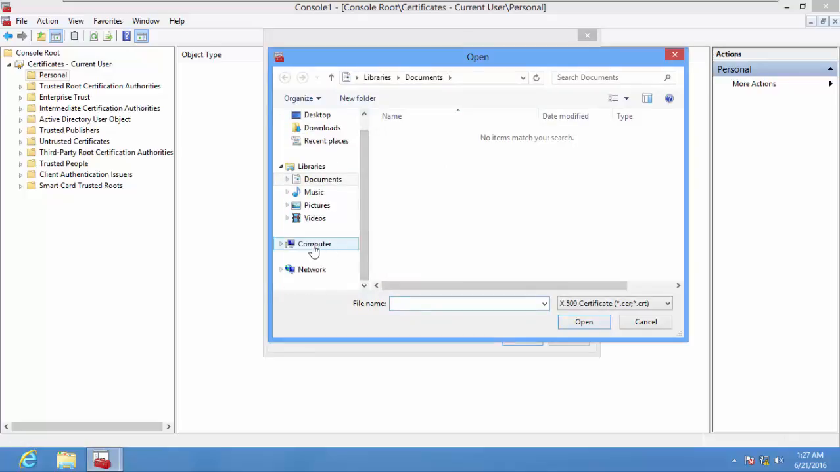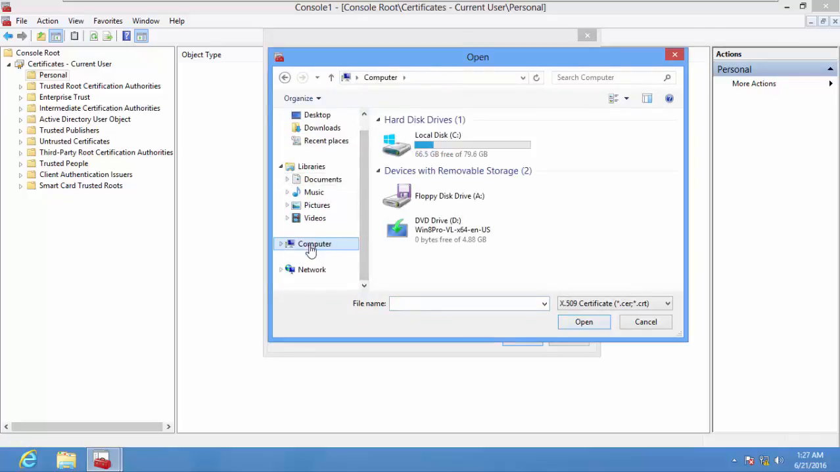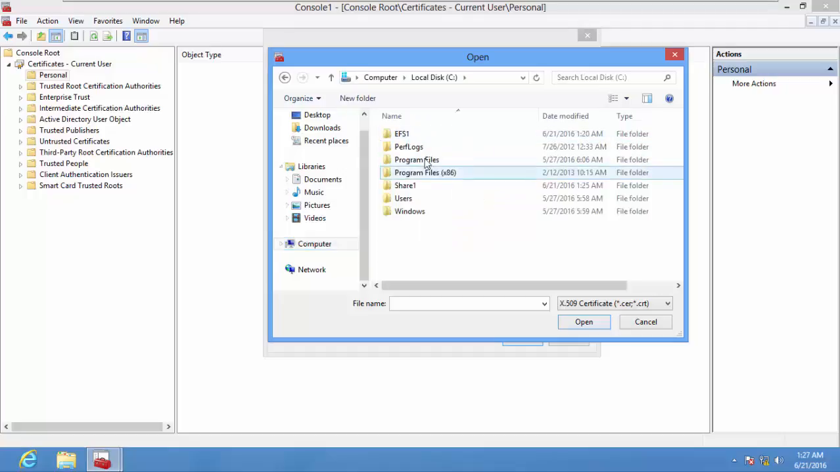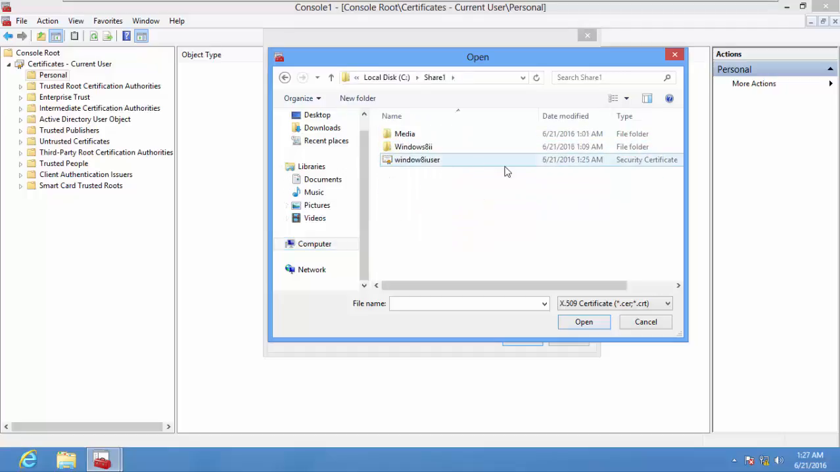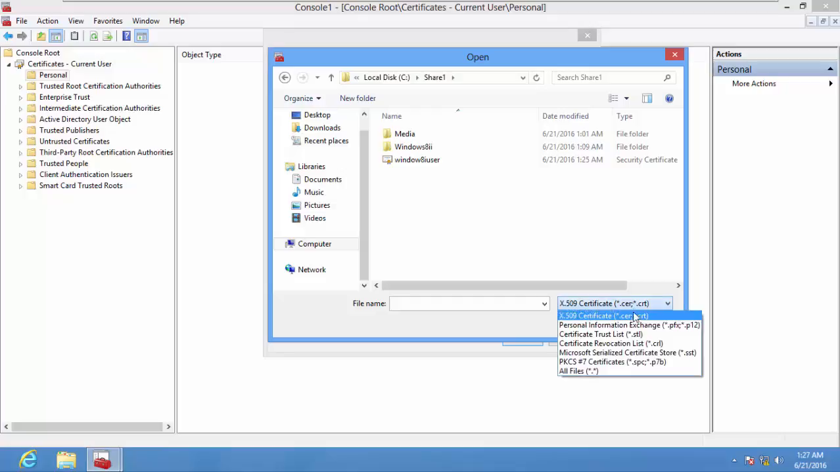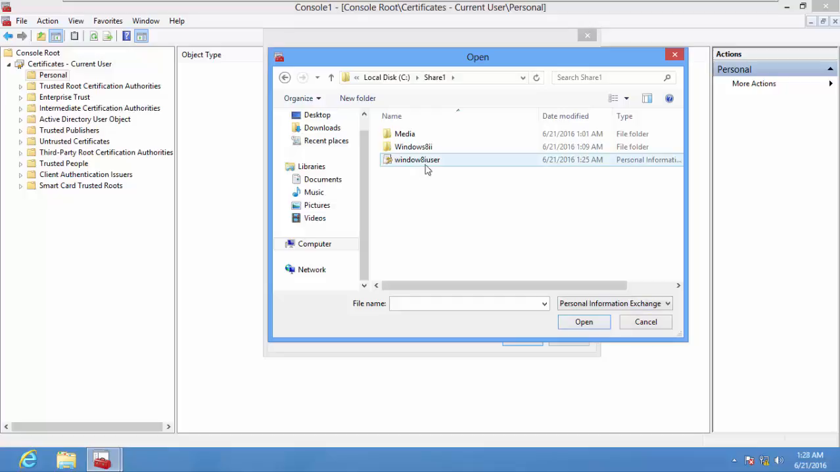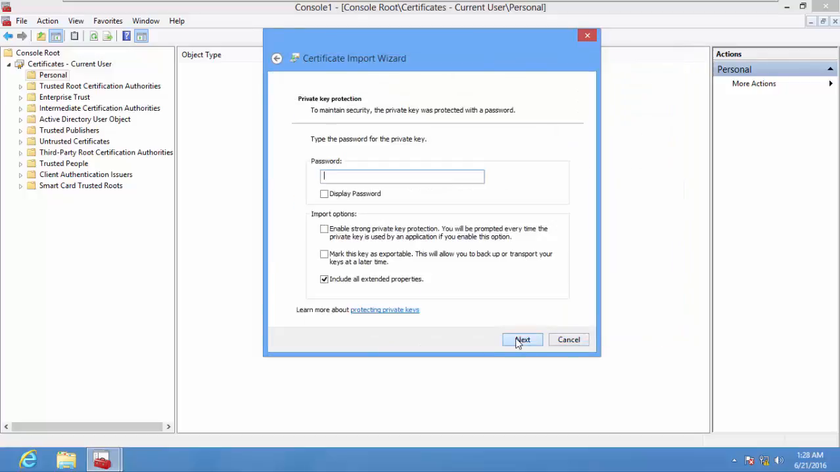I placed it on my drive C, so I'll click on Computer here, open local drive C, open share 1, and then as you can see, it's only the certificate that is displaying here. So I'll click on this option over here and select Personal Information Exchange so that my PFX file will show, and I'll select it and go Open here and go next, and it tells me to type the password I typed initially in my command prompt console. So I'll type my password here